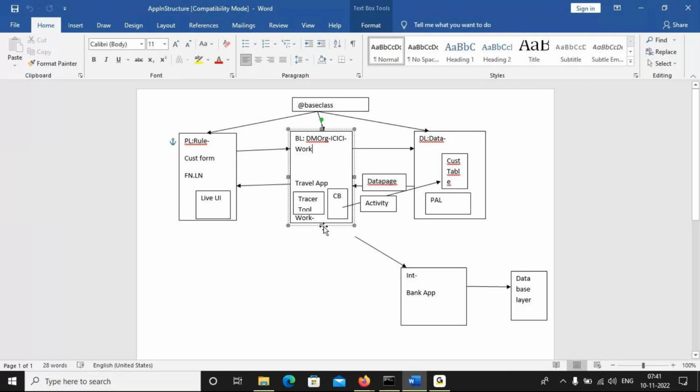Before copying the data, to hold the value of that data, I want some supporting rule. That is the property rule. Just as you hold values in a table inside columns, and hold values in pages inside properties, once you copy the data here, how can we hold the value? We need some supporting rule. Here also we can use properties, so we need to declare those properties under the work class.